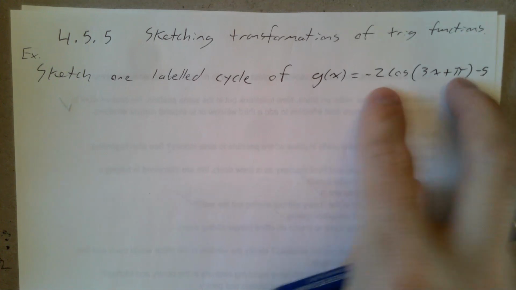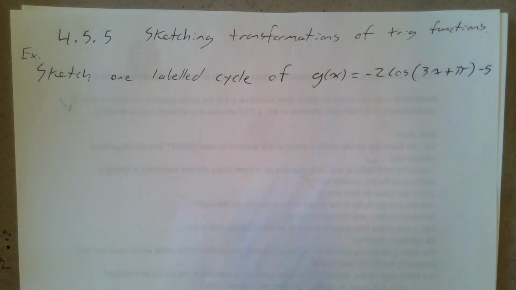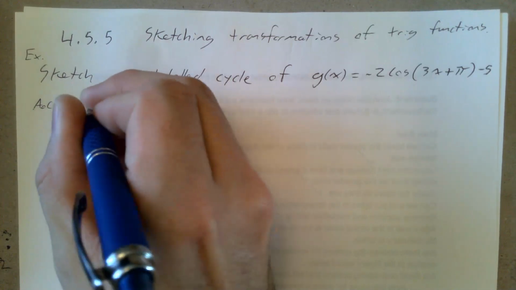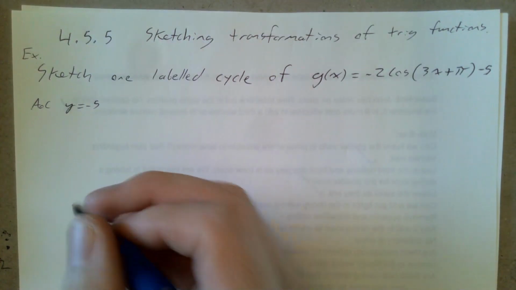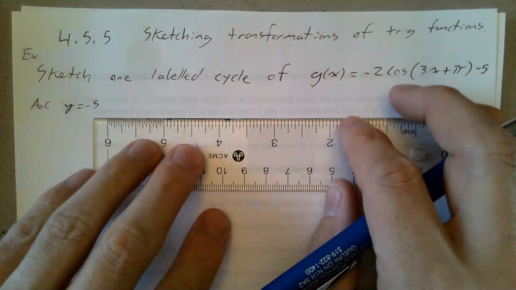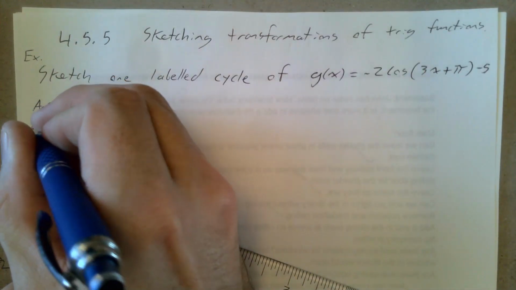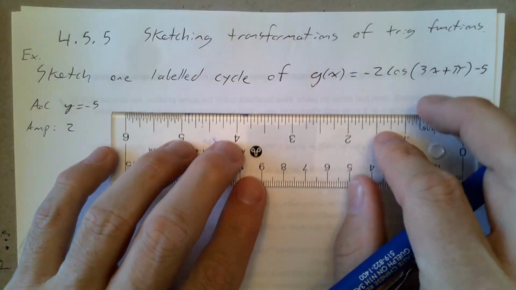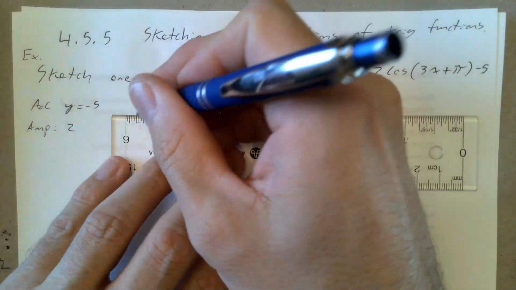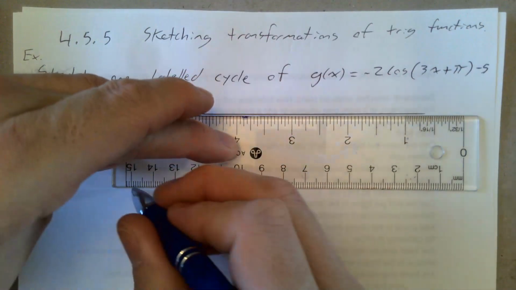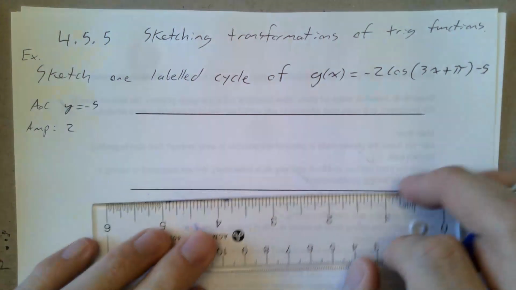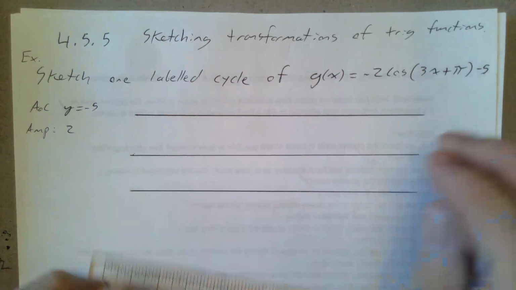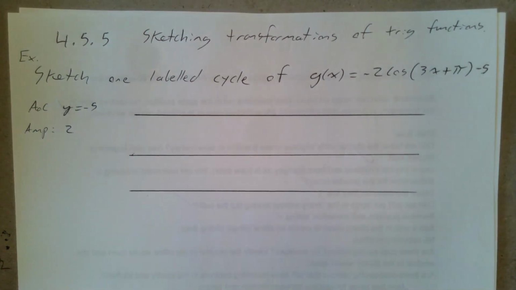I am ready to start my frame because I know that I have an axis of the curve of y equals -5 and an amplitude of 2. So let's just get a frame on here. That's maybe a little bit taller than I'm usually used to, but I'll see if I can keep the curvature